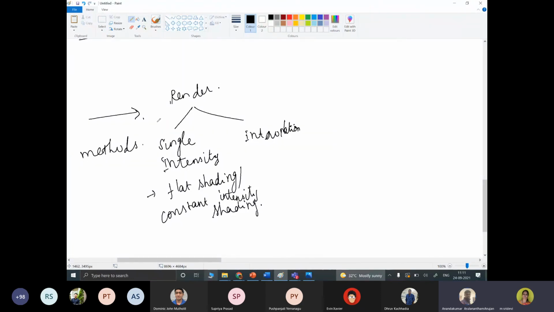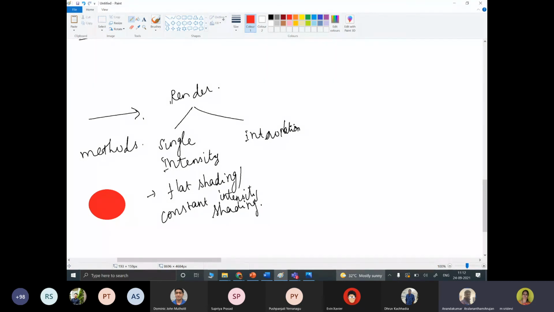What is called single intensity? Suppose you have an object, I am drawing a 2D object. I wanted to have this object as a single color, for example I wanted this as a red color. So we can say this is with a single intensity. Everywhere it is using a single intensity. With the help of single intensity, you can render the object.